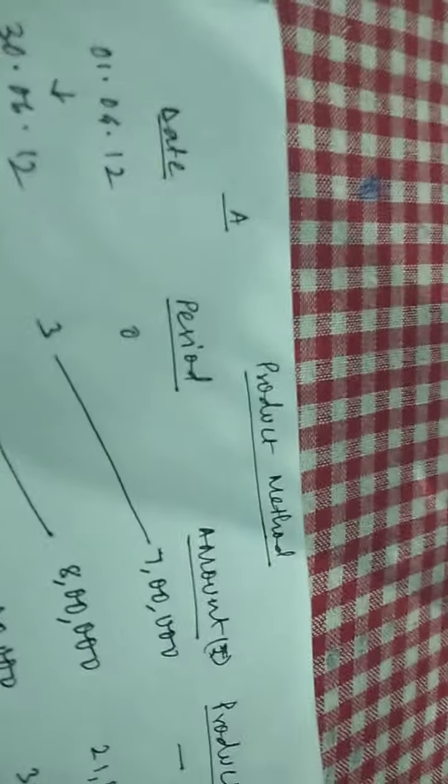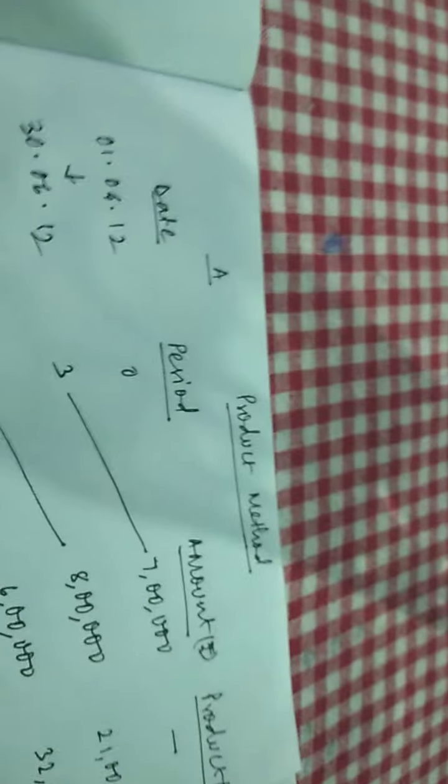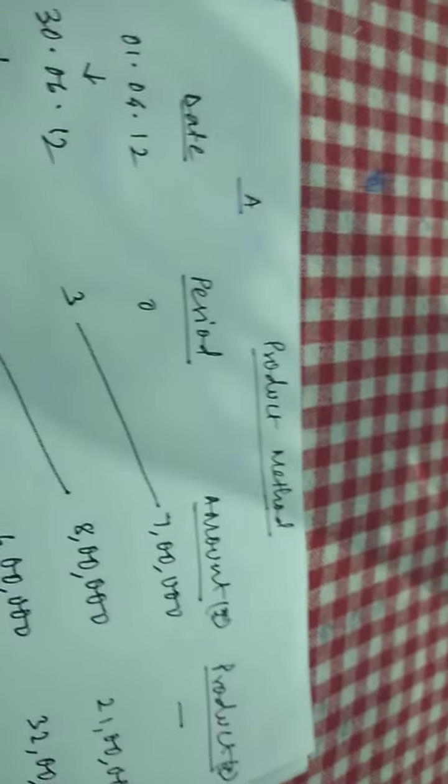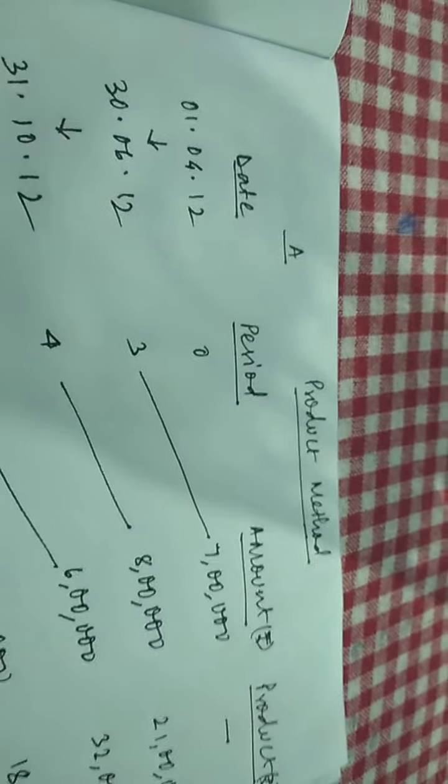Now for solving the same sum we have one more method, that is the product method. In the earlier method, what we have done is calculate the interest on capital separately for each transaction. For each addition and subtraction we need to do it separately, but here we can do it together.